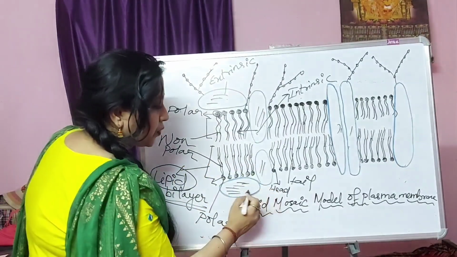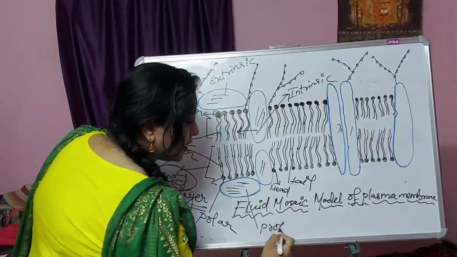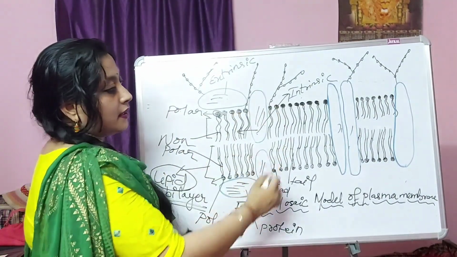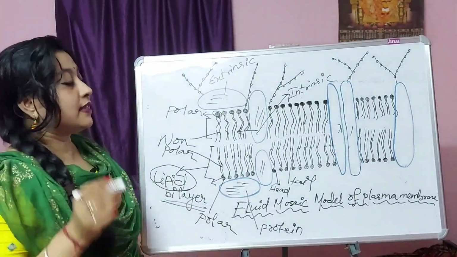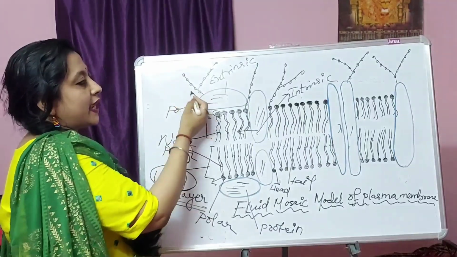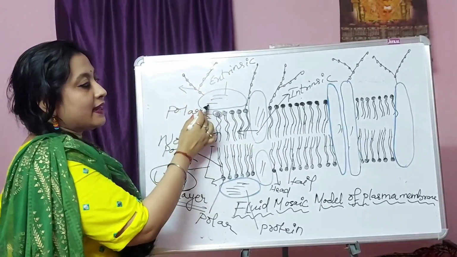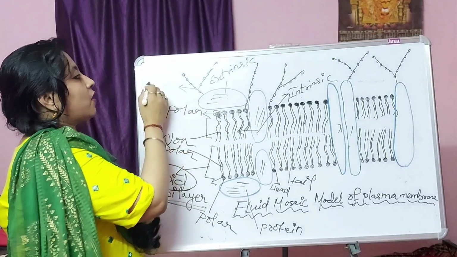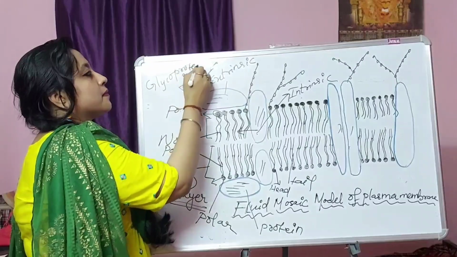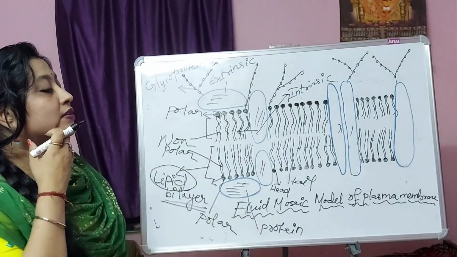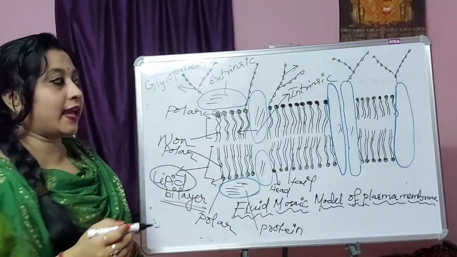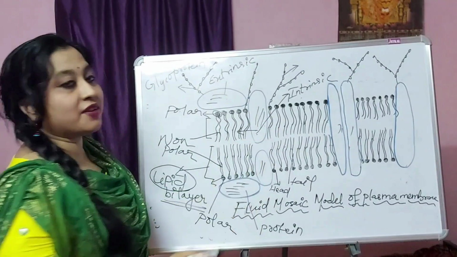So this is about protein over. Two types of proteins are there. All the blue color lines, these all are the protein. Then come to our carbohydrates. If you see the chain, some carbohydrates get associated with the protein and are called glycoprotein. Okay, and these are the oligosaccharide chains, and some oligosaccharides get associated with the lipid layer.